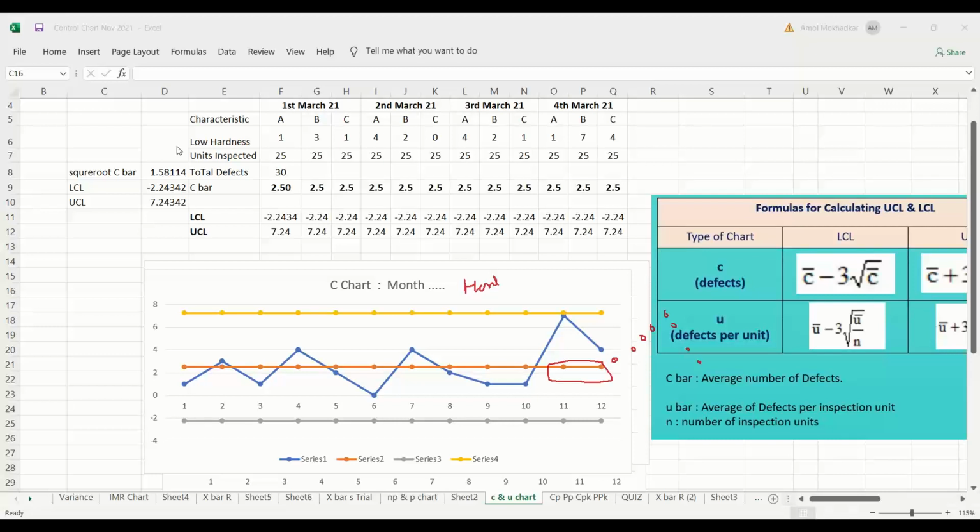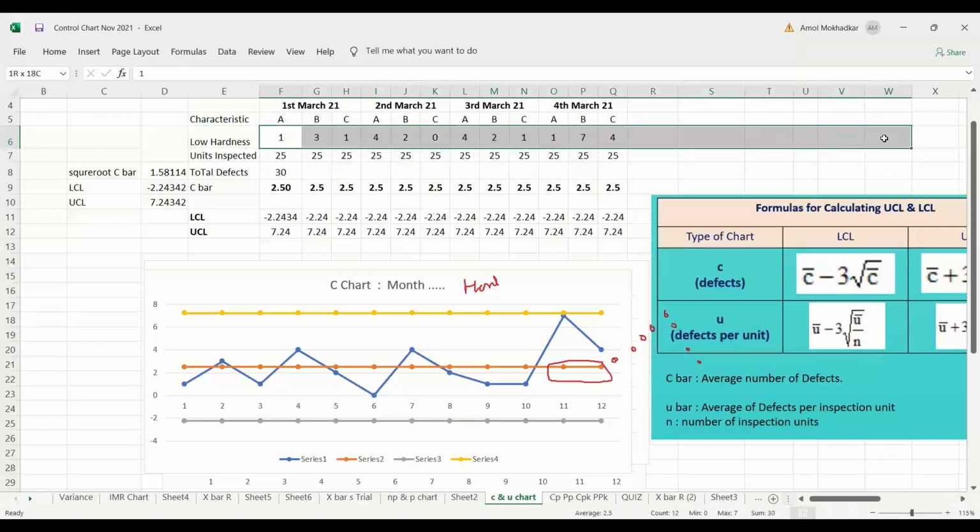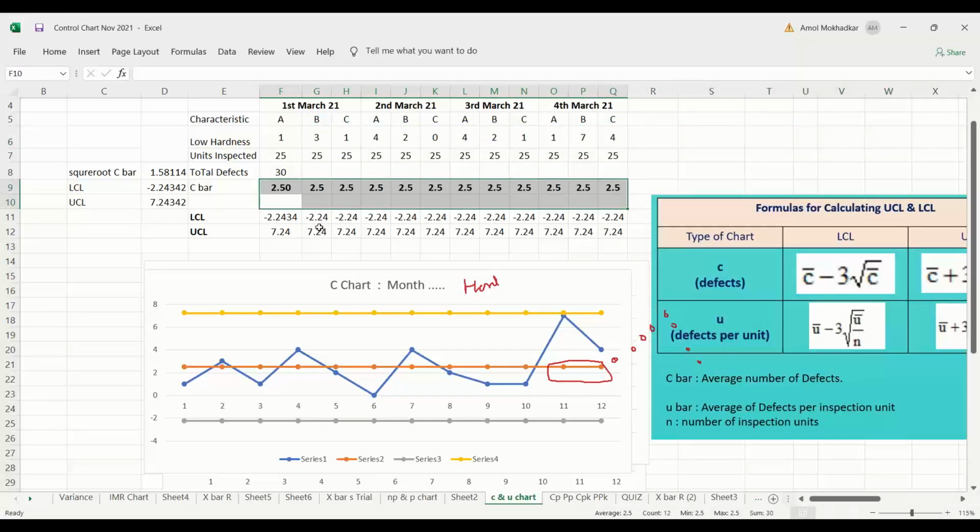And plotting this graph, you don't even require the Excel sheet. A simple calculator can help you, because it is not very large data, not in the decimal places also. It is easily the summation. Even if I add 25 numbers of data, 25 days of data, I can easily calculate the sum of all this. Many times it is possible to calculate even without the calculator. Then you can easily calculate the average. LCL is also very easy. You just need under root. There are no constants, nothing used.